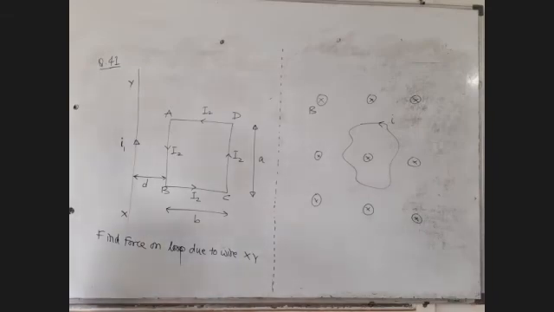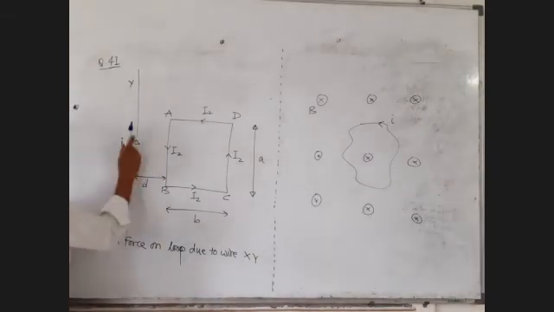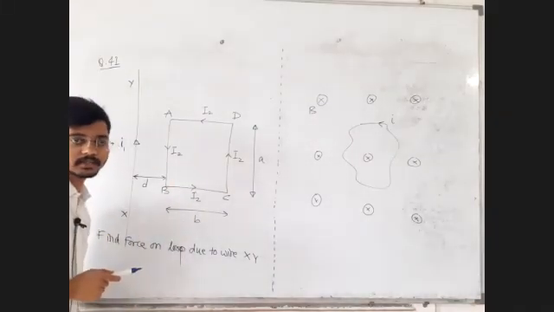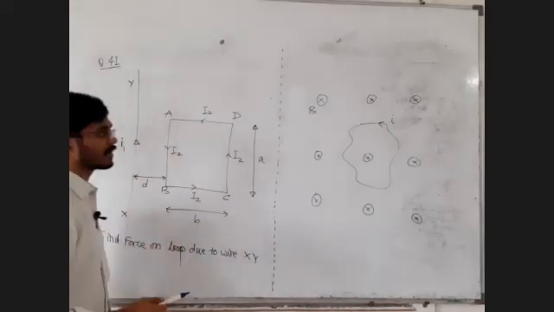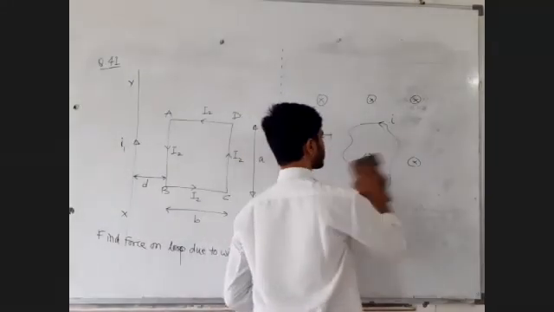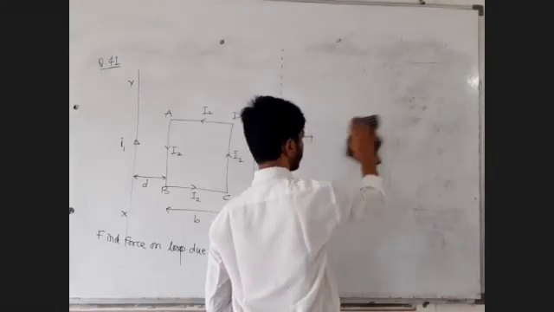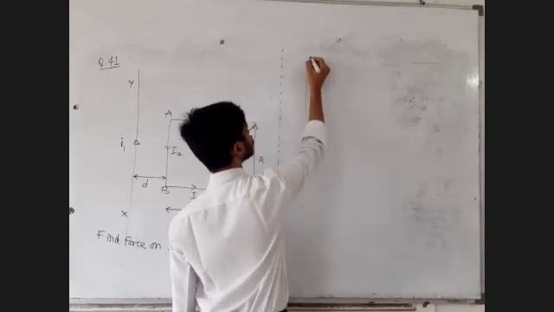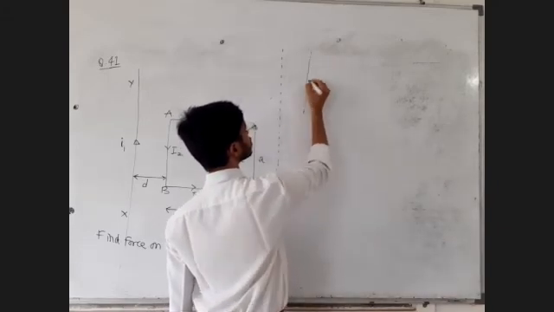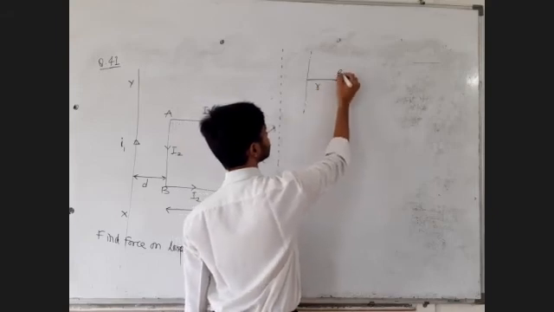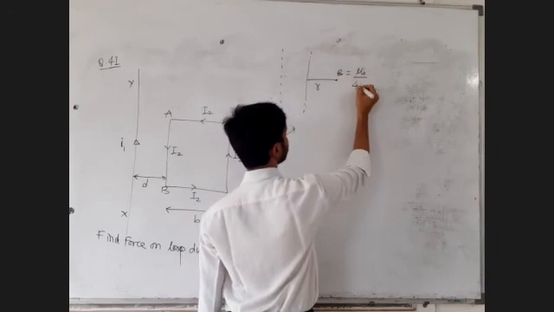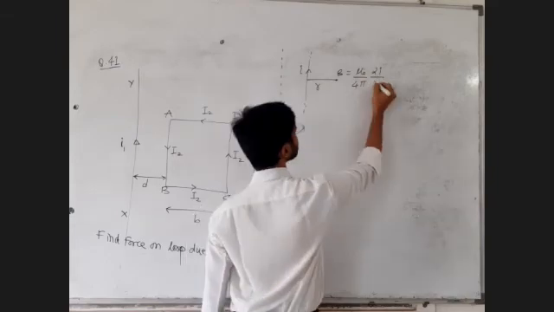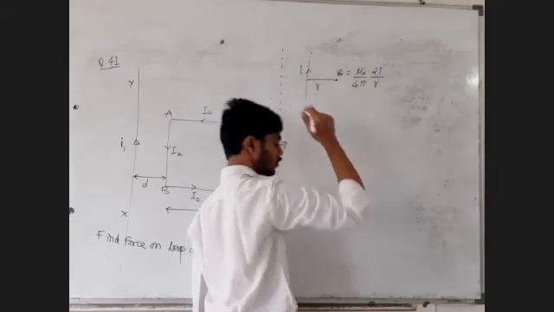In this case the net force on the loop will not be 0. Why? As you move farther and farther away from the wire, tell me, children, the magnetic field goes on decreasing. Due to the long wire, what is the magnetic field at distance r? It is μ0/4π times 2I upon r, that is, 2 times the current in the wire upon the distance from the wire. As the distance goes on increasing, the field goes on decreasing.